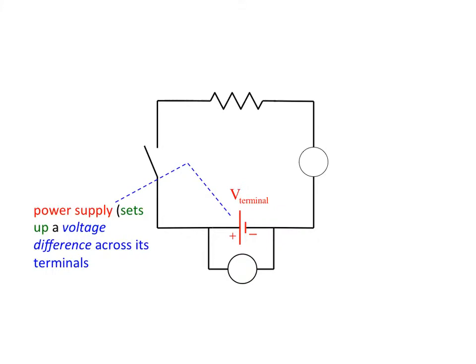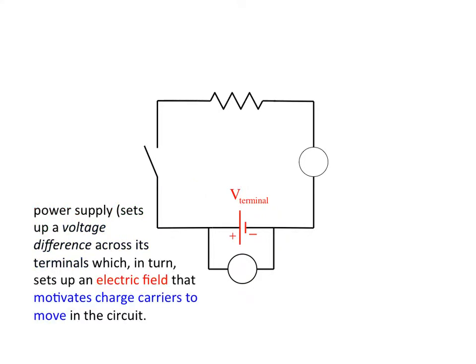So here we have a very simple electrical circuit. It's powered with a DC power source. It's comprised of a high voltage terminal and a low voltage terminal. This is the symbol that's used in a circuit for a DC power source. The voltage difference across the terminals sets up an electric field that, when the switch is closed, motivates charge to